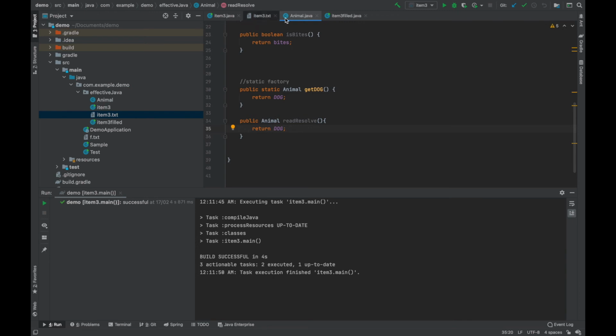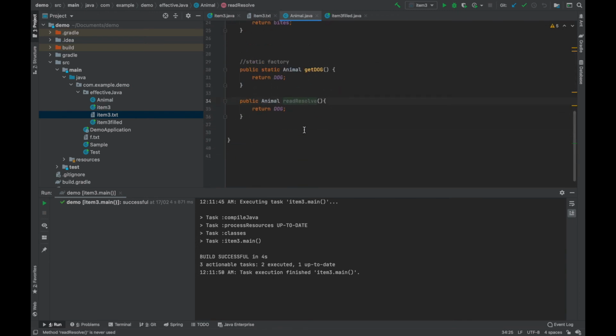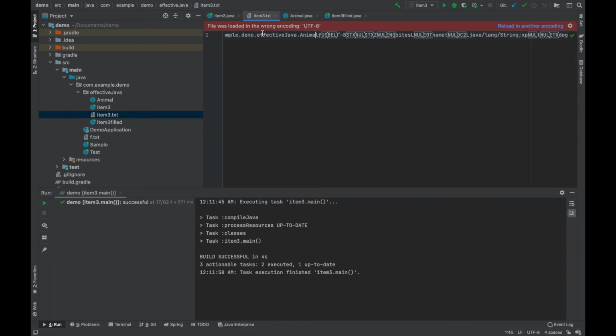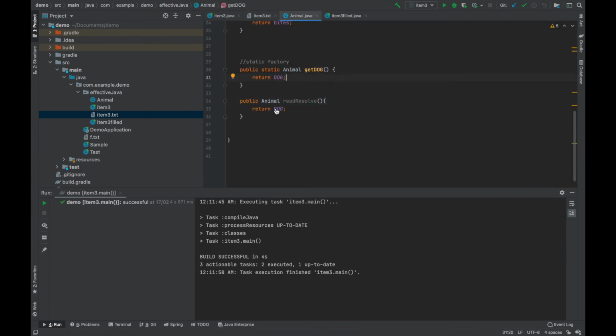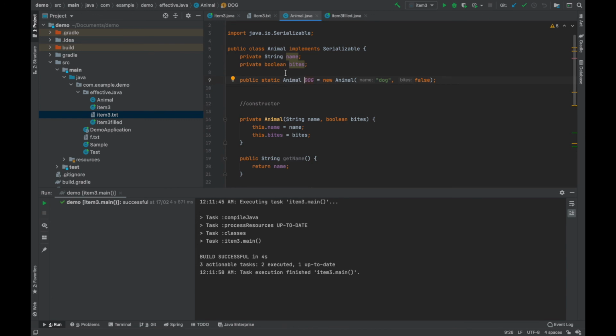The serialization will be calling Animal's readResolve to get the instance from this text file. At that time, this dog will be returned. So you will be having only one instance.